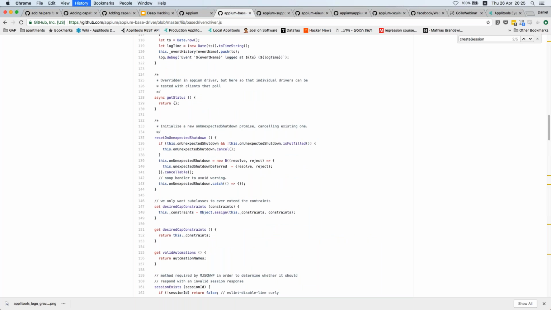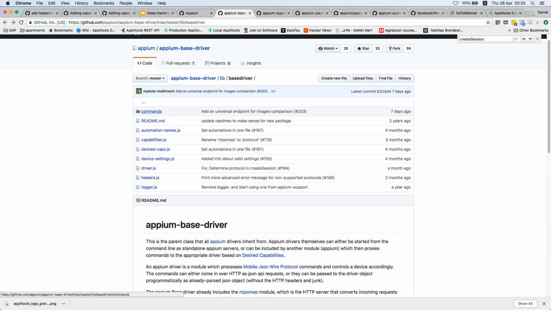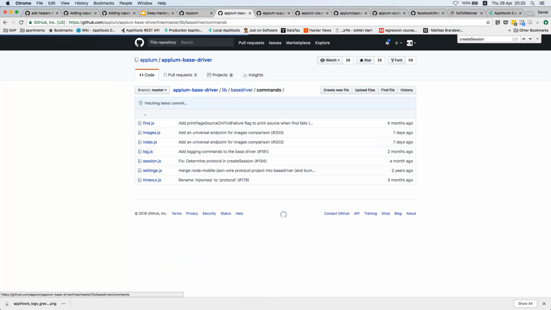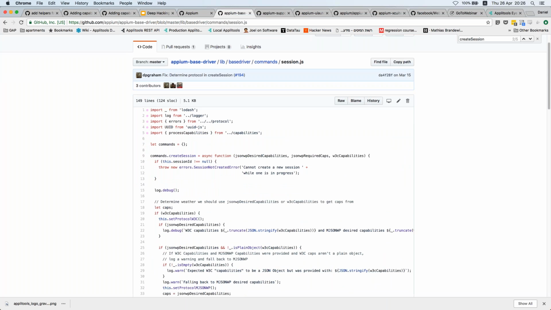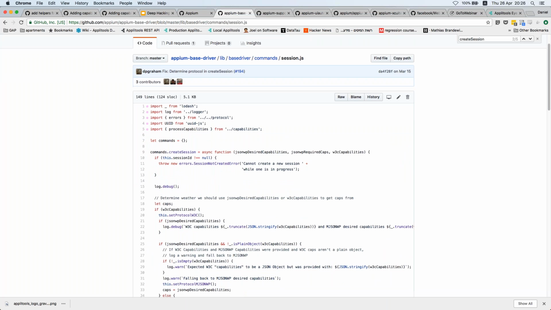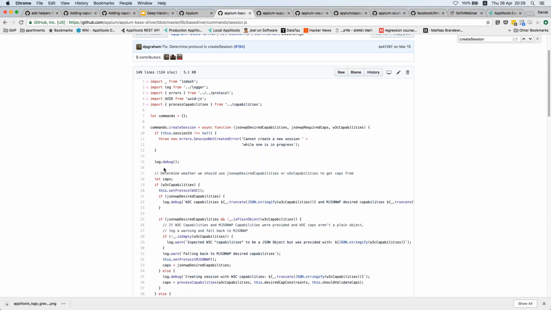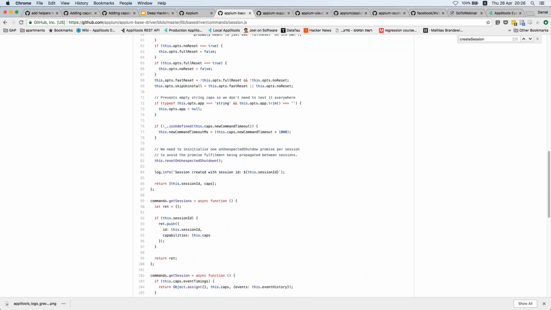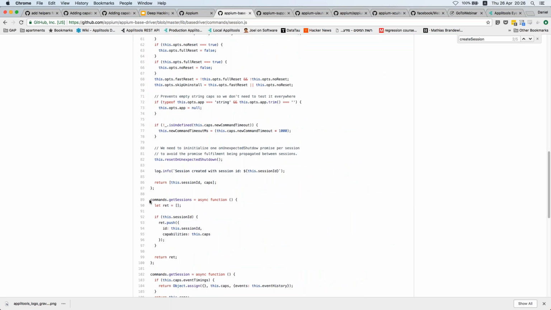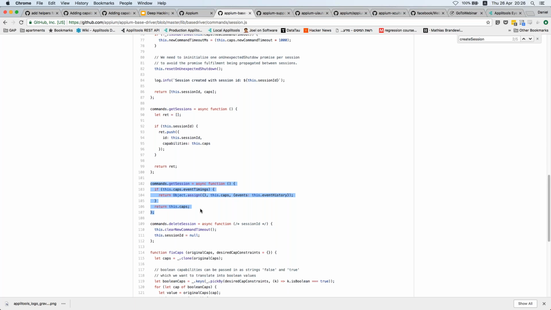If we go back and go to the commands part, which is the implementation of actual device commands, let's take a look, for example, at session. So you see you have the create session part here. This is where you go through when you start a session with Appium. Get session, when you're working with remote WebDriver and calling get session details, you're getting to this method, for example,